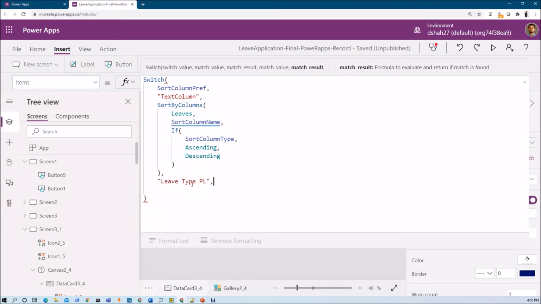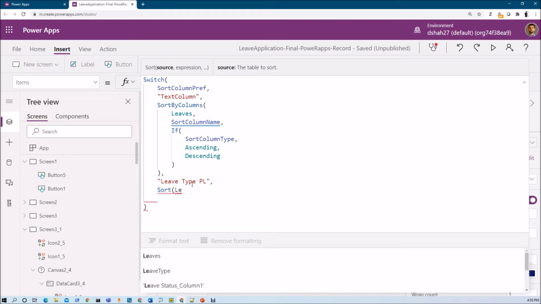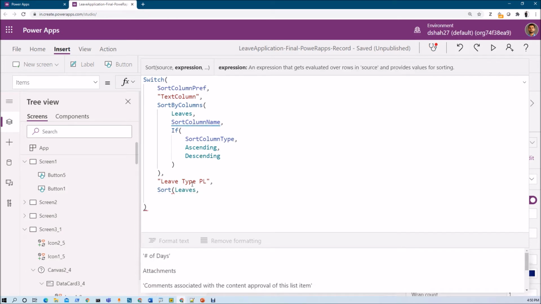Then we need to use the sort function, so let's use sort, and inside that we need to provide our data source, that is leaves list. Then we need to provide on which column I want to apply my sort. So basically this planned unplanned leaves internal name is select type.